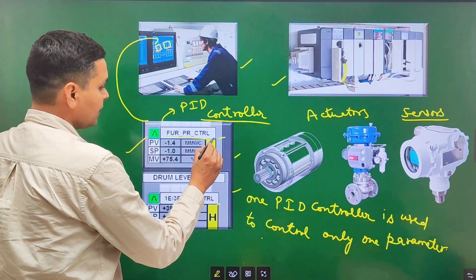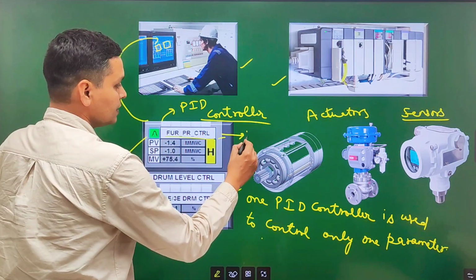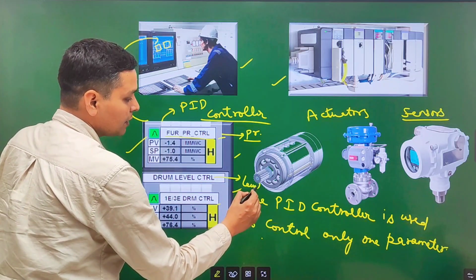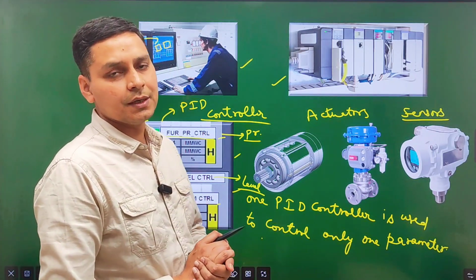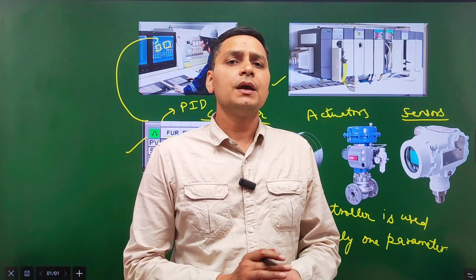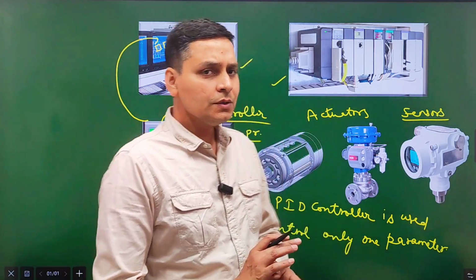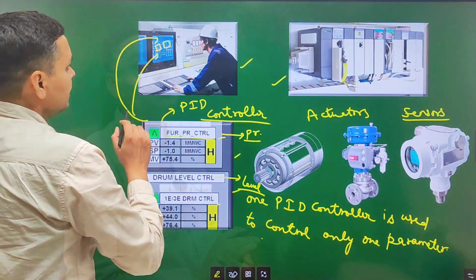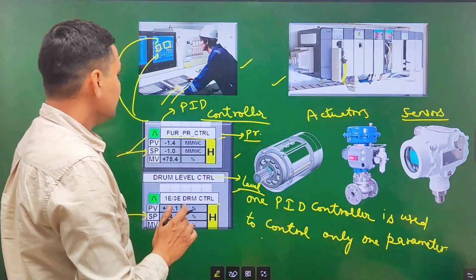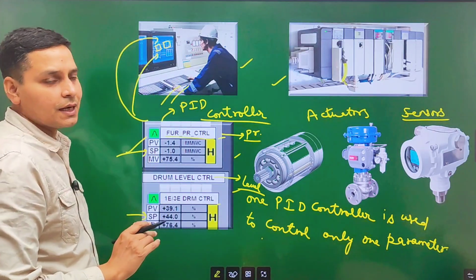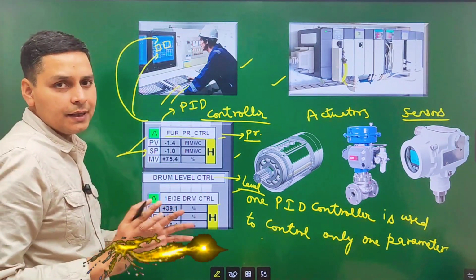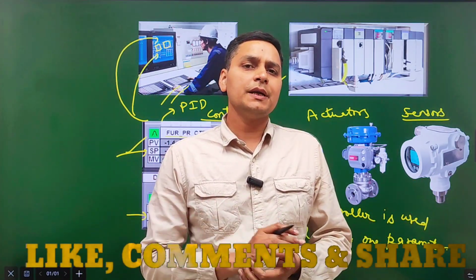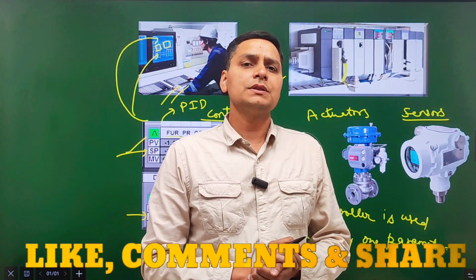Here we are using a PID controller for pressure control. This is for pressure control. Here we are using a PID controller for level control. Similarly, we will use PID controllers for temperature control, level control and flow control. So all these PID controllers will be inbuilt here. And in all PID controllers, you can set the set point from the SCADA. And if we are maintaining the process in manual mode, we can also maintain this process in manual mode by using the SCADA.